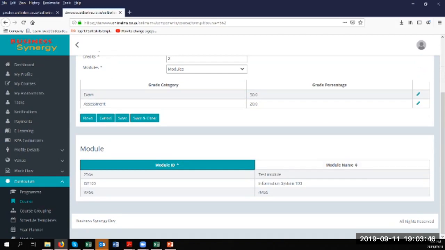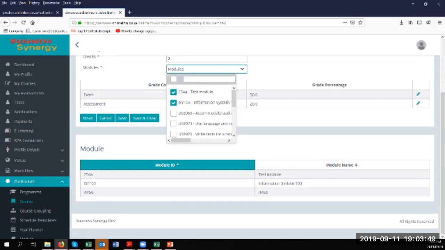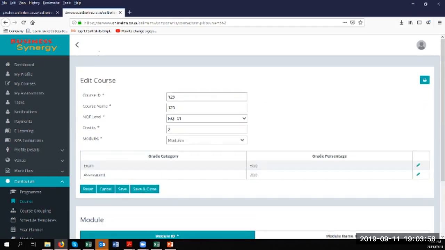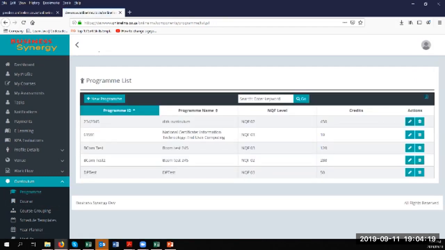So it's just an easy way to display, but it's also shown there. As you can see, 254 test module and 254 and ISY 103, it's all linked there as well, which just makes it easier and more visible. Courses then roll up, or can roll up, into programs, but a course can also be standalone. So you can assign a learner to either just a course or to a program which consists of multiple courses as well. So a program itself, you look at a program,